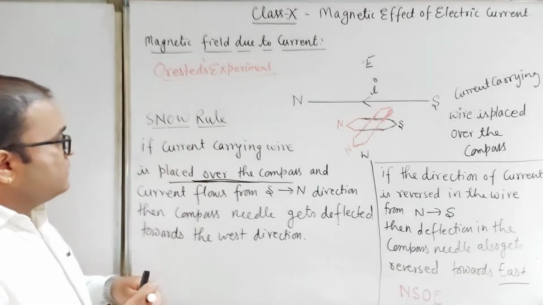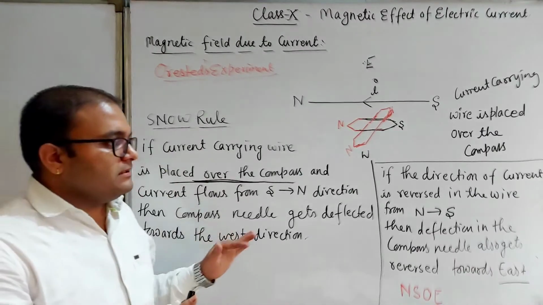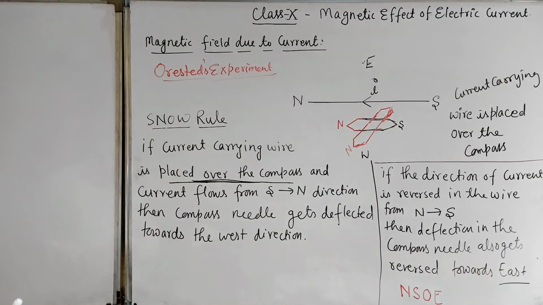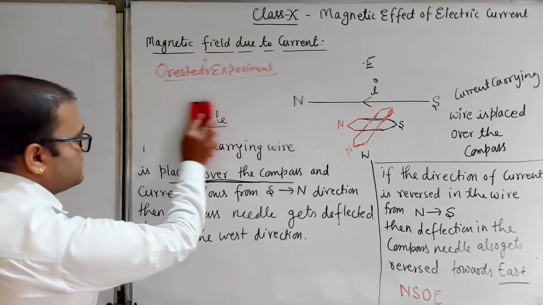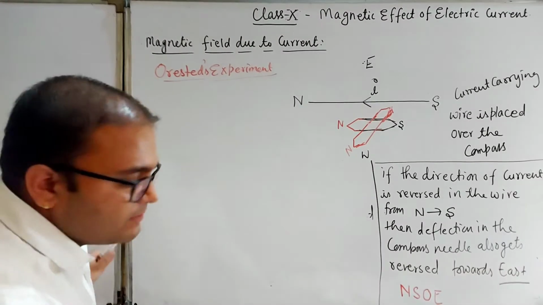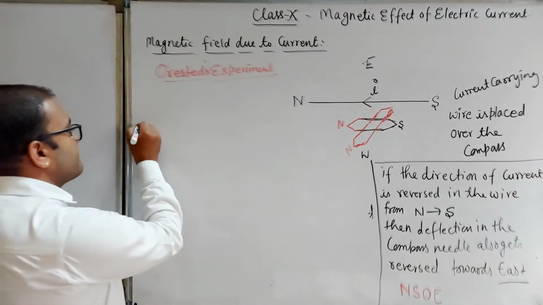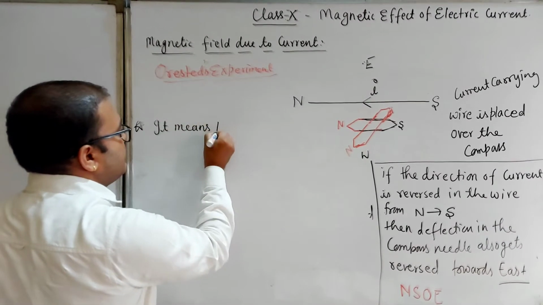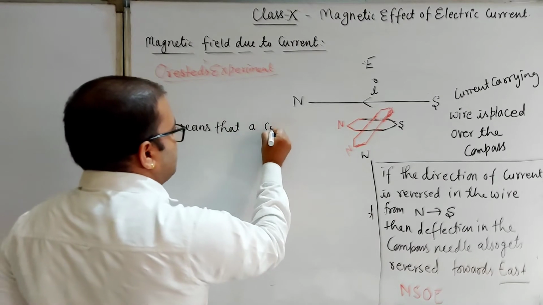Okay, so this is about the Oersted experiment. So we can say that the current carrying wire produces a magnetic field. Okay, you can make a note of this one and you can take a screenshot of this. So what is our observation? The main observation, the conclusion, is that a current